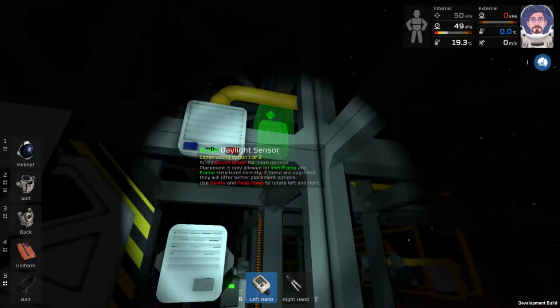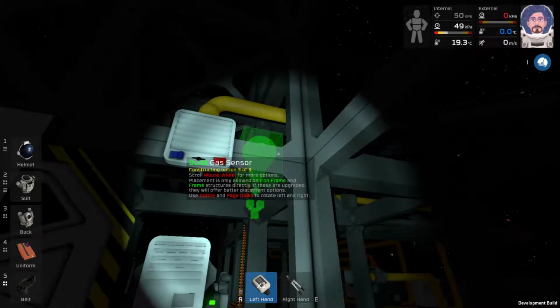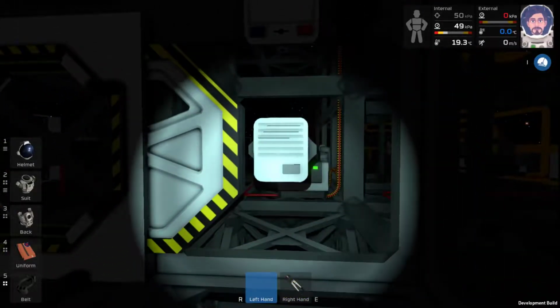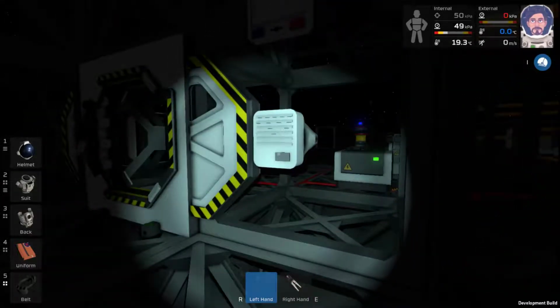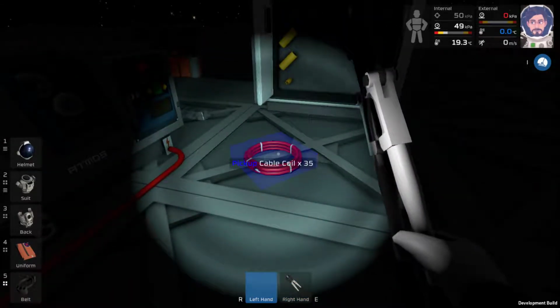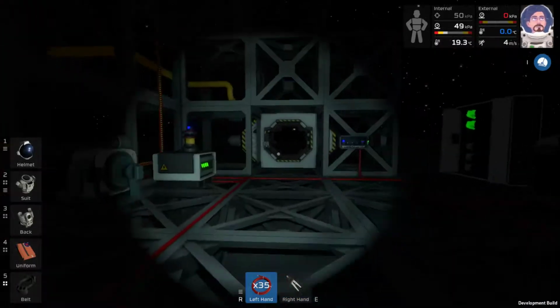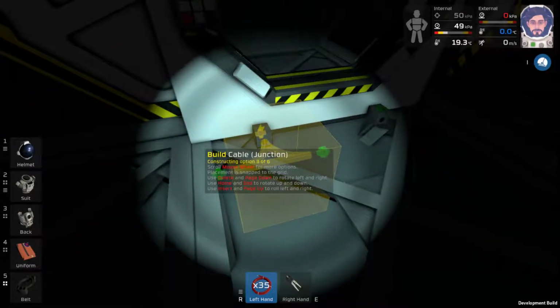So maybe we'll just put a gas sensor. Yes, gas sensor. Yeah, we'll stick that there. We can tie those, come down. Trying to think of how we want to run that. I'm going to make some floor grating too after we get the airlock in. Yeah, we'll leave that on the floor. That's fine. So really, we can do...